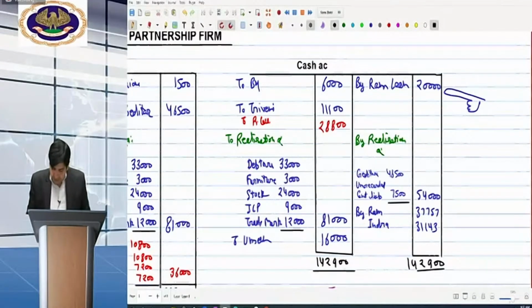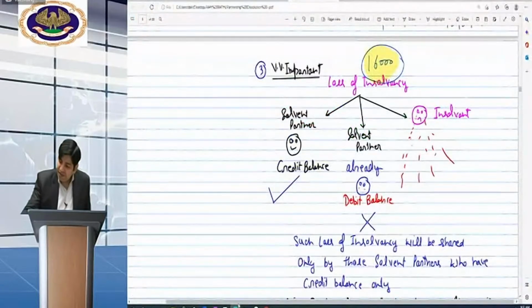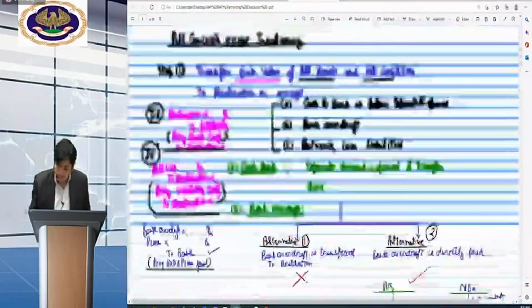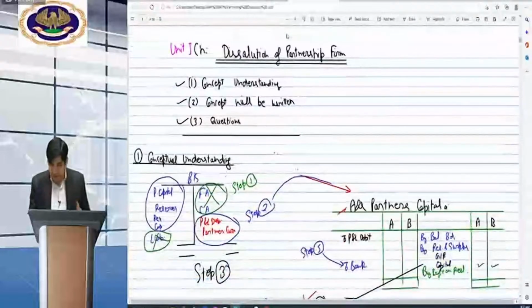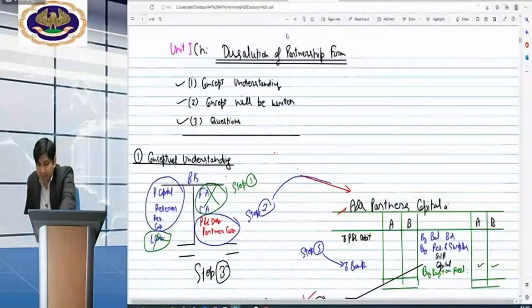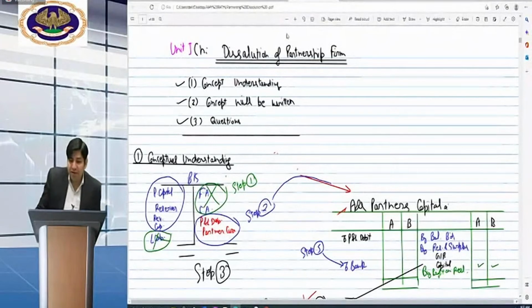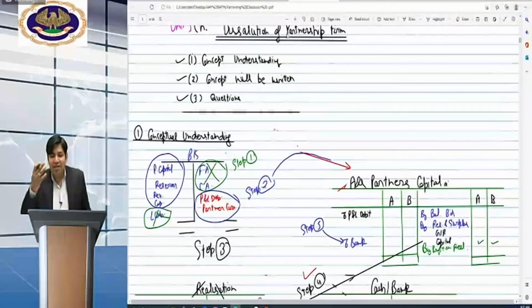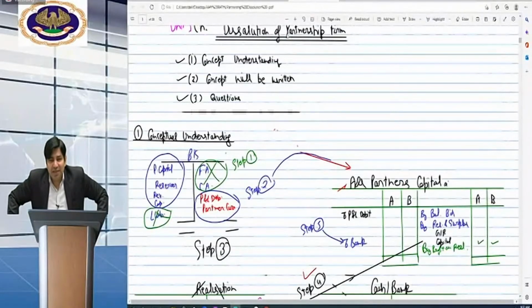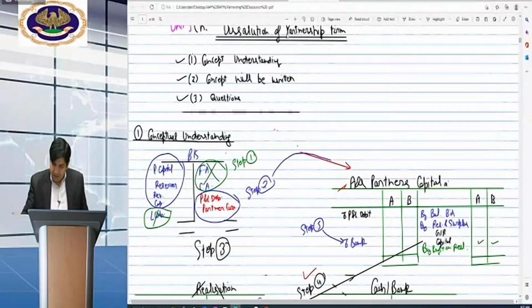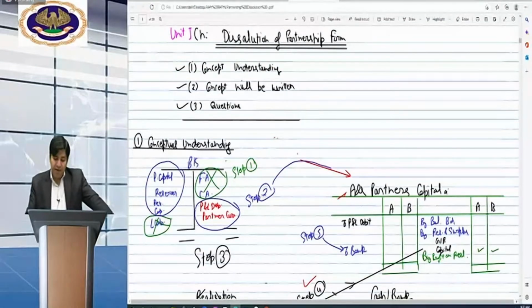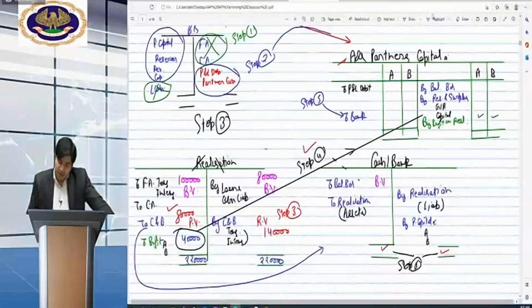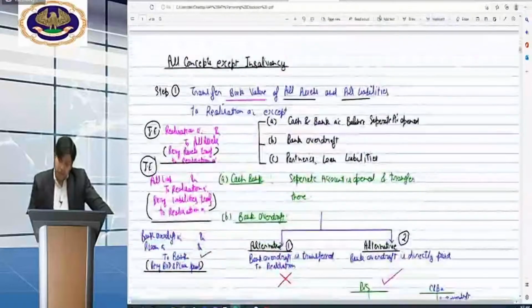Okay. Now, first I am revising the concept quickly. So everyone will revise. No one should lose this. Okay, beta? Step number 1. Realization expenses have been assumed paid and borne by the partner himself. Now, all these things are from study material and past exams, beta. Anyways, step number 1. What is step number 1? Transfer book values of all the assets.